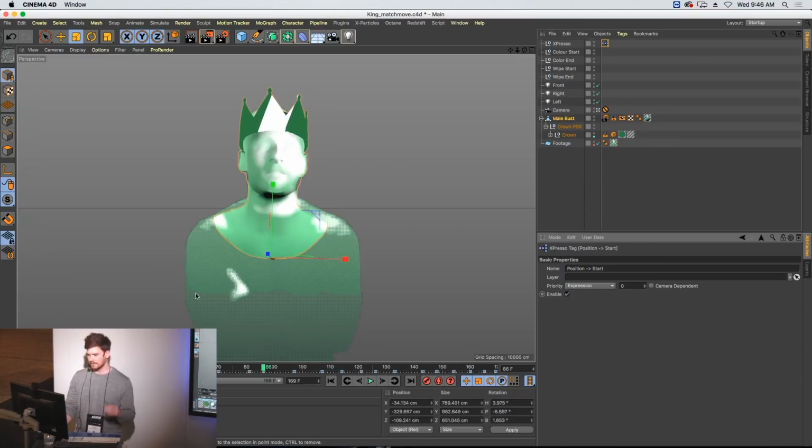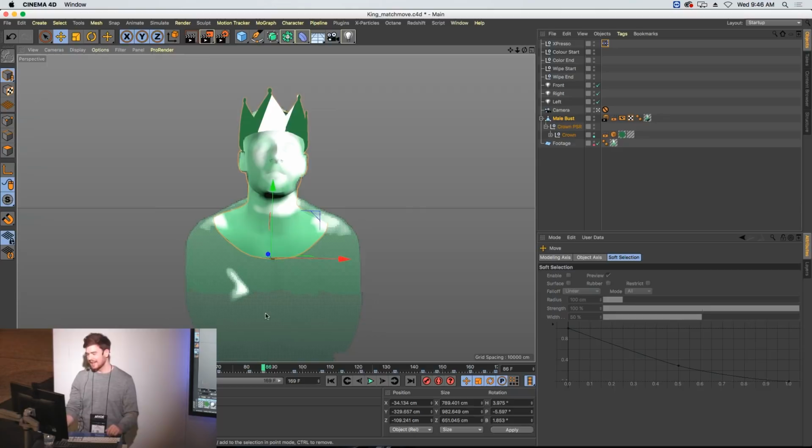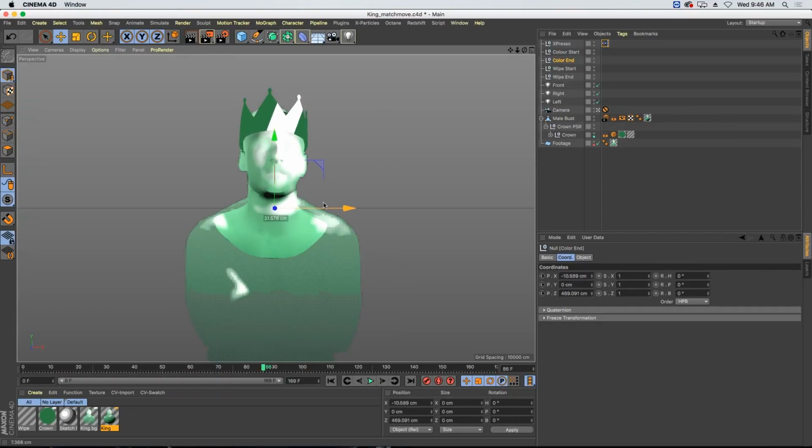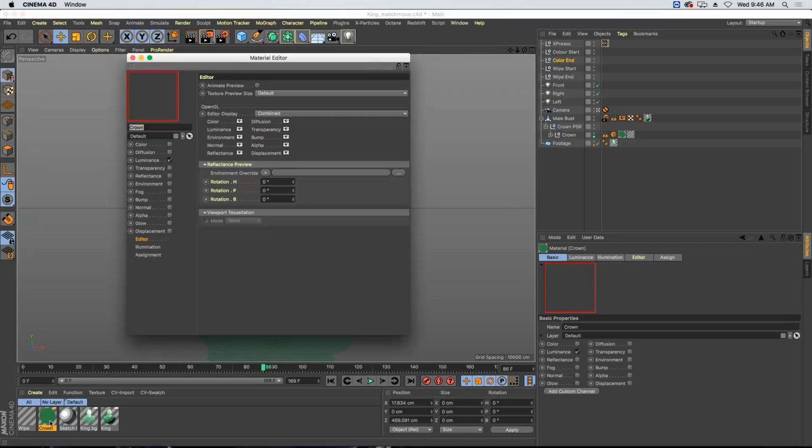And the reason why I'm using this is for the branding. It was very important that there was a particular color on one side of the crown and another one on the other side of the crown with something separating in the middle. So what we can do is have control over that by setting it up in this way. So I can visually either animate or manipulate these null objects here to choose where that is, and that's all set up in the